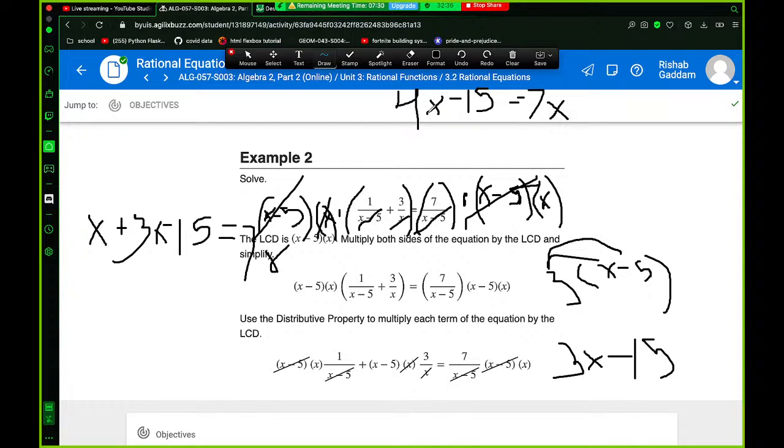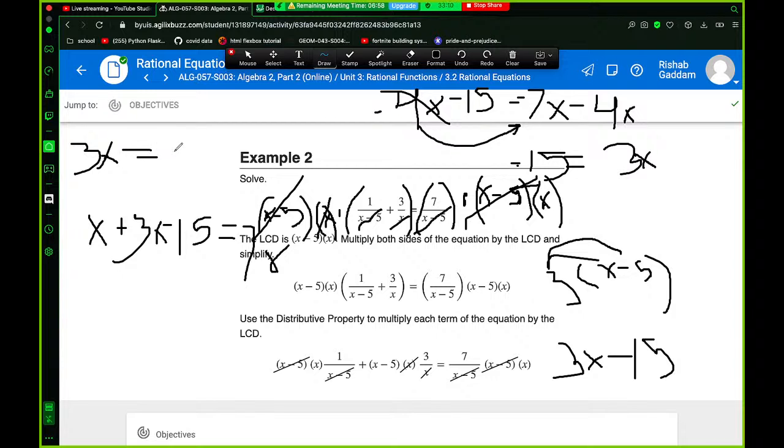And so this is your equation. Now you have to bring this to the other side, so we can subtract 4x on both sides, so that cancels this out. And you have 7x minus 4x on this side. So if we do 7x minus 4x, we get 3x, which is equal to negative 15. So we just write this the other way, and it becomes 3x equals negative